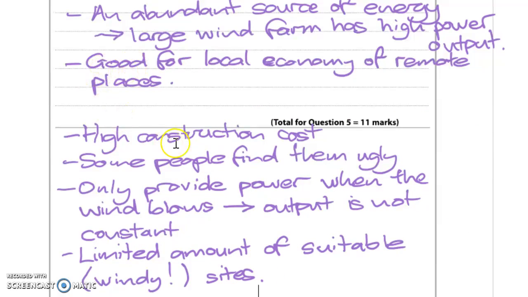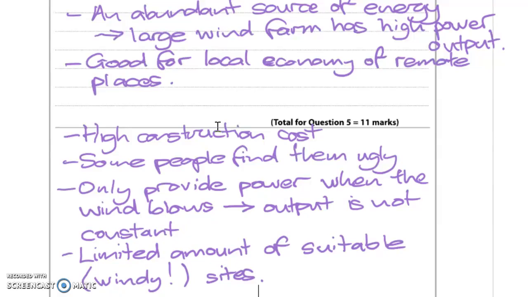Okay, so the wind turbines can cost a lot to build. I think the payback time is typically about 8 to 10 years to pay back the construction cost of them. So it is an investment. Some people find them ugly. I don't. I think that they're beautiful. I'd love it if I could see one from my house. But some people object to them on the grounds of aesthetics and think that they're ugly.